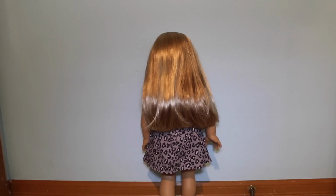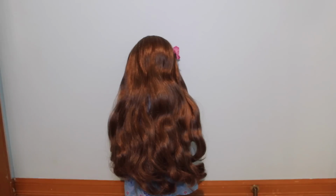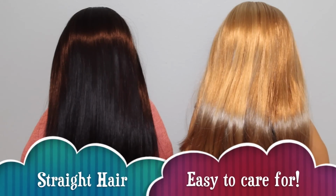Today I'm going to give you all the doll hair care tips I know for dolls with straight hair, wavy hair, curly hair, textured hair, long hair, and short hair. So let's get started. So the first hair type is straight hair, and you can see on the left I